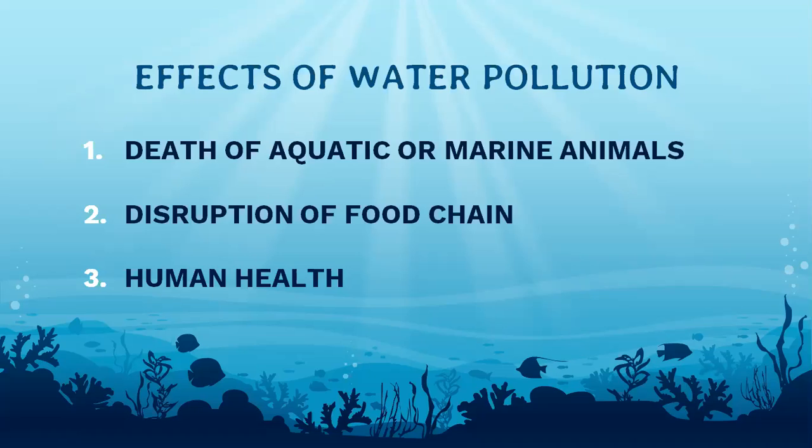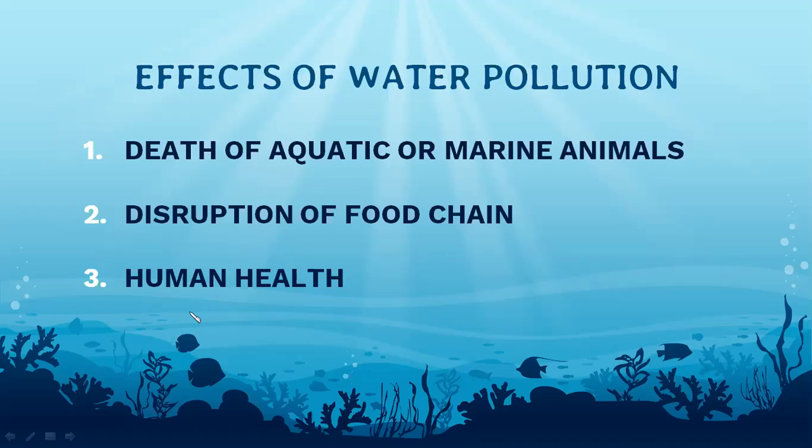We can give an example over here: zooplankton. Zooplankton are very minute organisms in the water bodies. When the polluted water contains harmful chemicals and zooplankton consume these chemicals, they get carried from the body of zooplankton to the small fish, from the small fish to the big fish, and from the big fish it may reach the body of the birds which are consuming the big fish. So it results in the disruption of food chain.